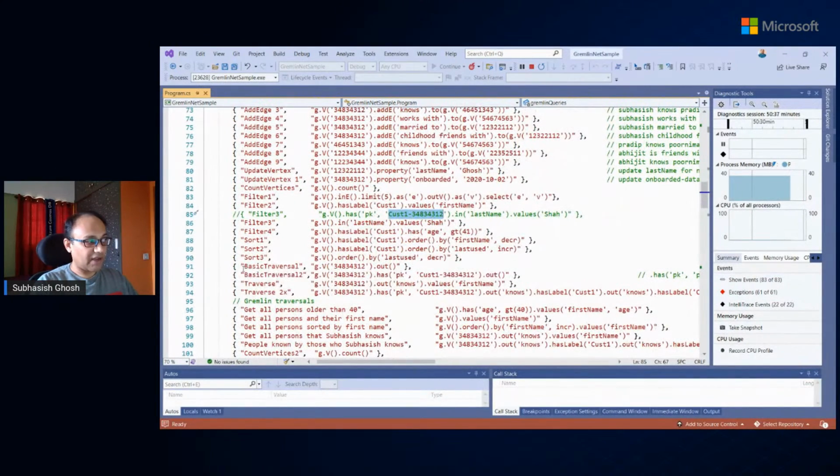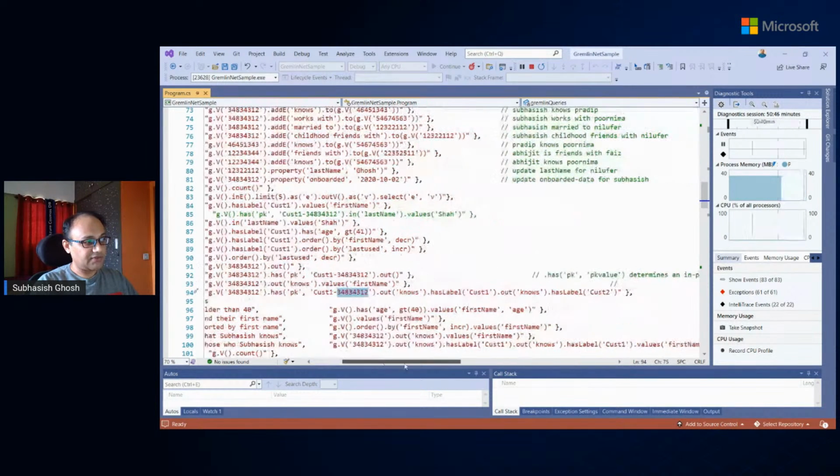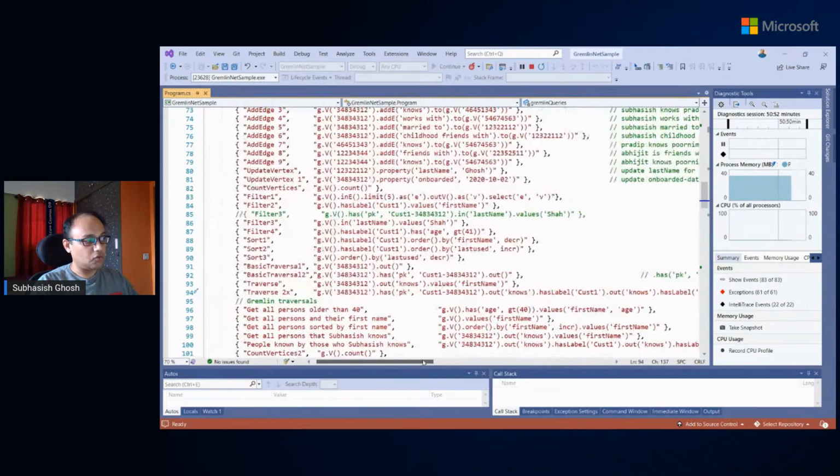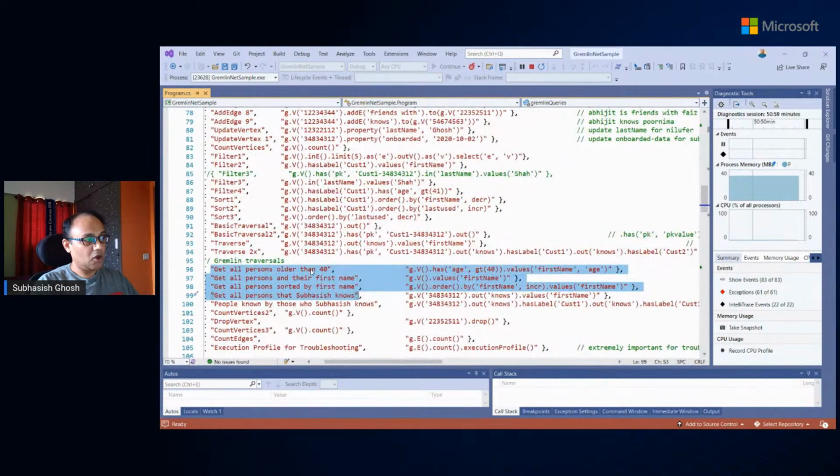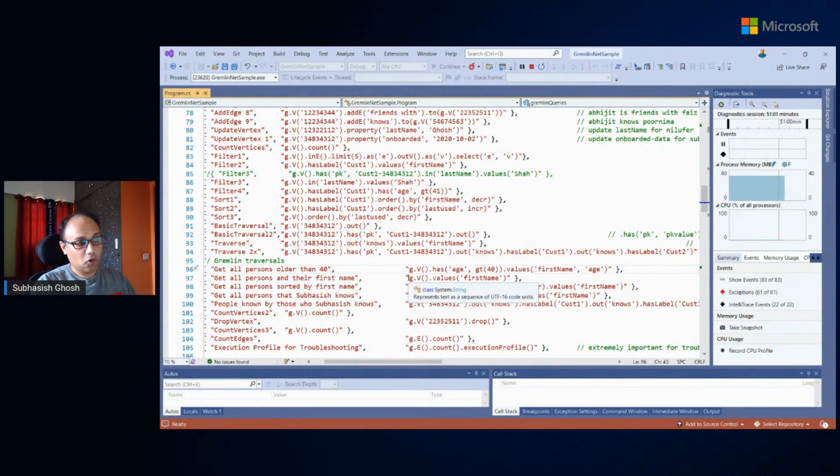Of course, we had traversals, so we tested the basic traversals, the traversals for 1x, for 2x. For example, this one specifically is for folks that know customer 1, but also know customer 2. Then we had query patterns like this. For example, we wanted to understand all people older than a certain age and then create more complex relationships between them.